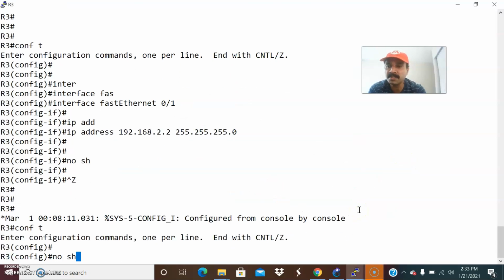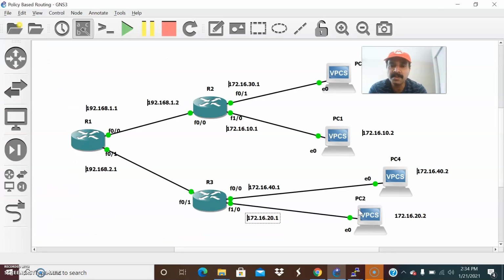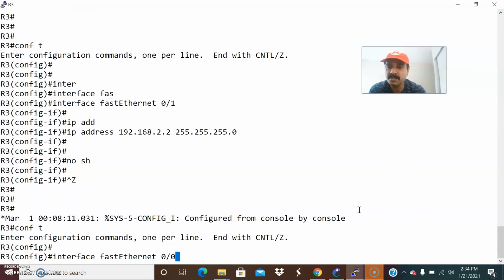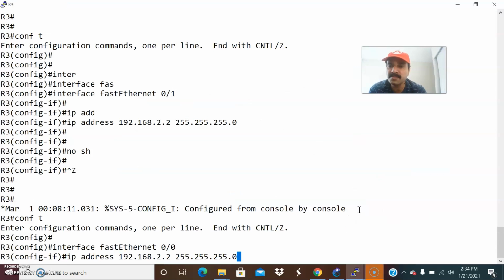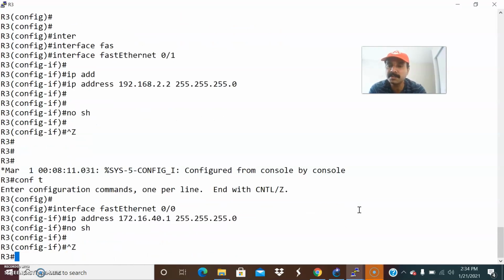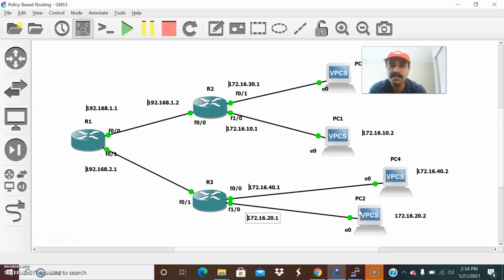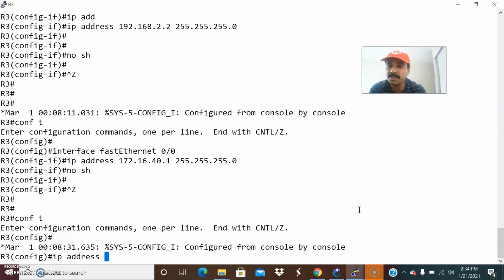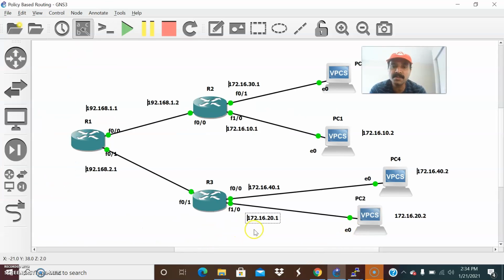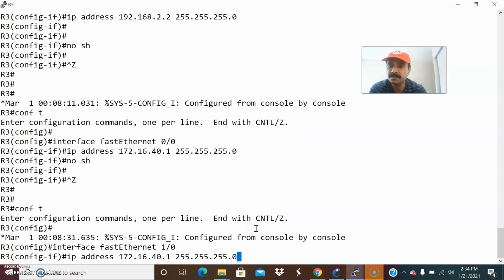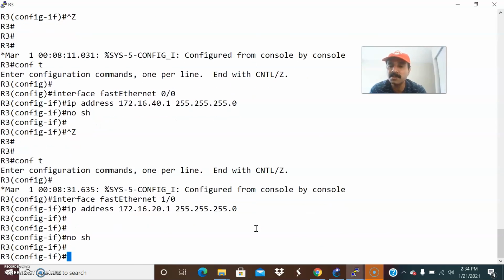Go to configuration mode and interface FastEthernet 0/0, and the IP address is 172.16.40.1. Let us do a no shut. Another one is FastEthernet 1/0, the PC gateway is 172.16.20.1. Let us do a no shut.